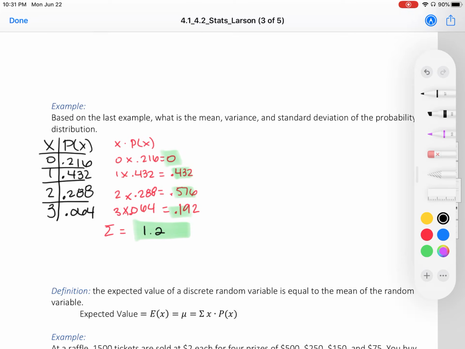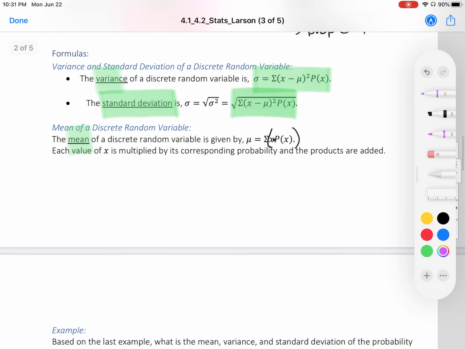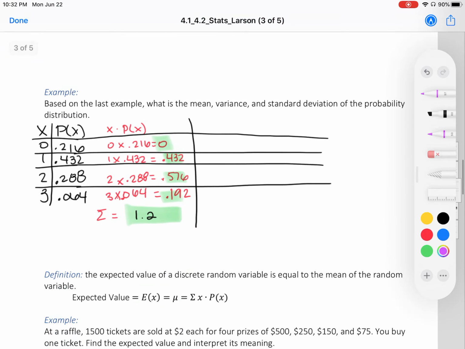All right, now to find the standard deviation, it's a bit more complex, but we can still figure it out. I'll set you up for it, and I'll let you finish on your own. Or you should just go ahead and look at your text. They have all this worked out for you. All right, our rule to get us ready for standard deviation, we have x minus our mean mu squared times your probability p of x. So that's x minus your mean